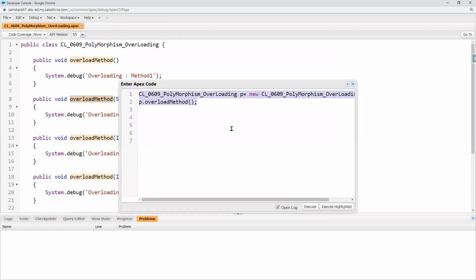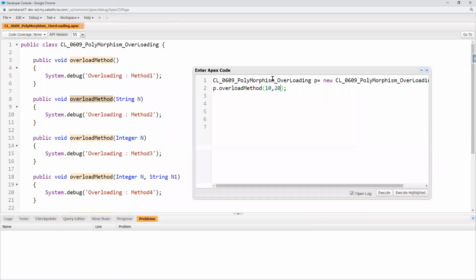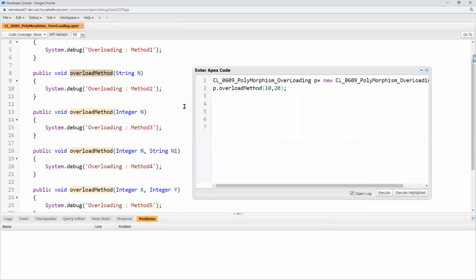But in case I give here 10, 20, I'm passing two parameters. Which one will get executed? Third, fourth? Sorry? Method 5. Method 5 gets executed because both the parameters are integers. So it will cross check. So what will happen is